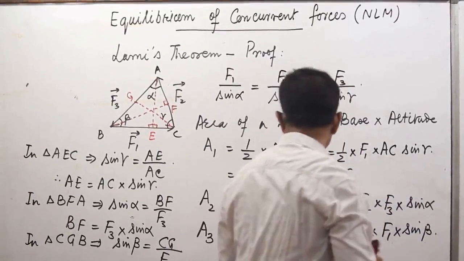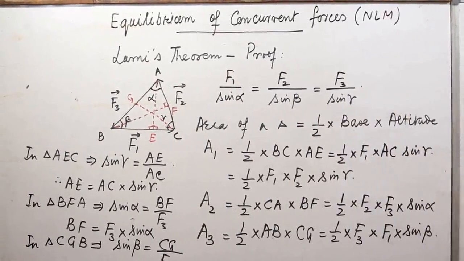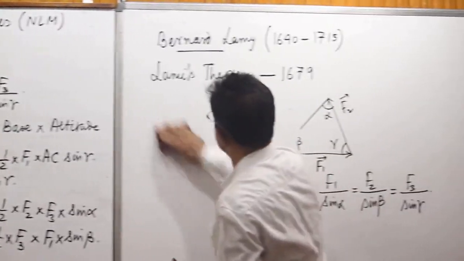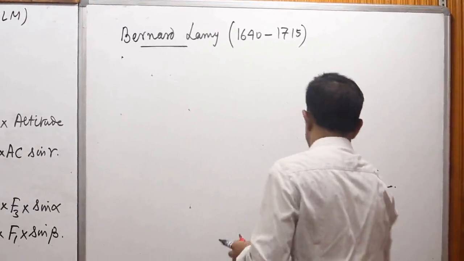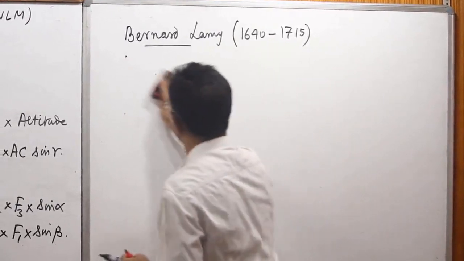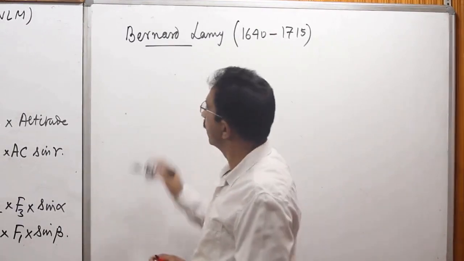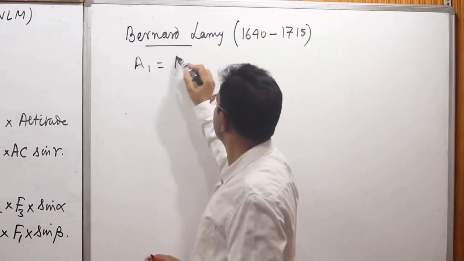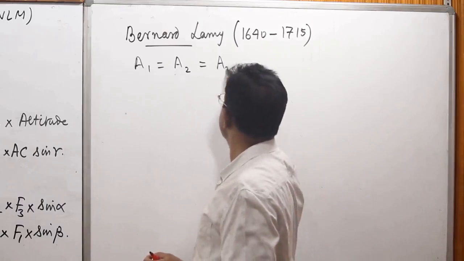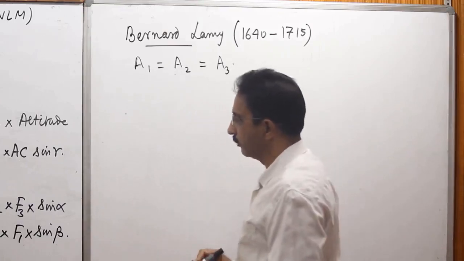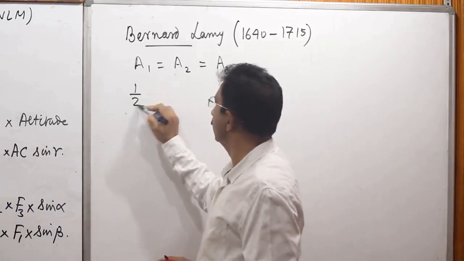Now, the three areas A1, A2, and A3 are three symbols for the same area. The area is one, the area of the triangle is unique, but we have used three symbols, so they represent the same quantity. A1 must be equal to A2, which must be equal to A3. Now putting them equal, I have